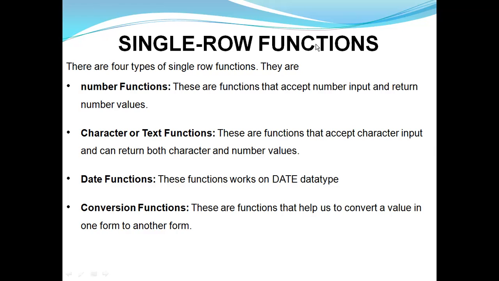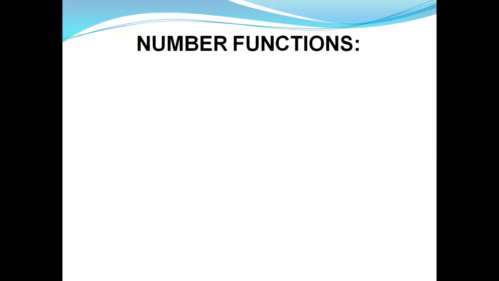So I hope this is clear that there are 4 different types of single row function: number, character, date, and conversion. First, we'll start with the number functions. There are certain functions which are used in our day-to-day routine, and we'll discuss those functions. So in the number function,